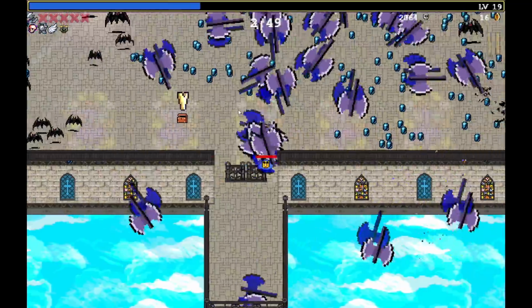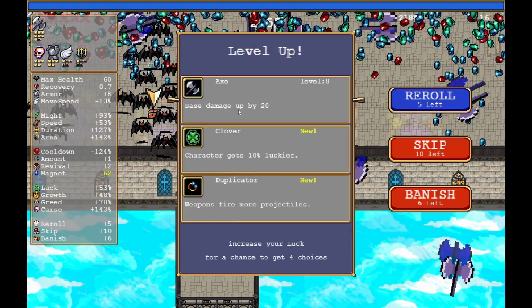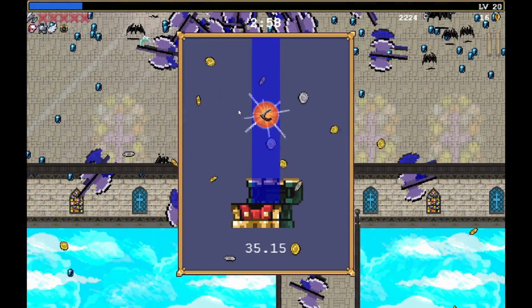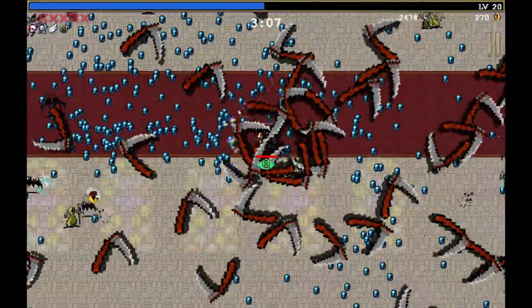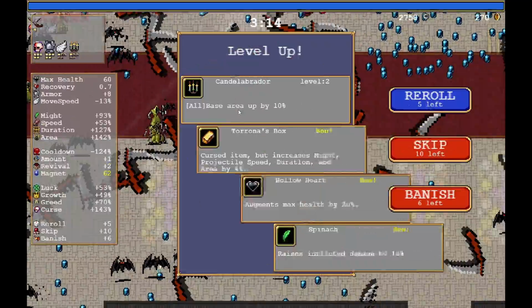Now I only have 60 life, that's just how he rolled, but we're not planning on getting hit by anything anytime soon. So we have our Death Spiral now, which is really good. At 2 minutes. Again, you could start off with this, and this is probably why we should go for...